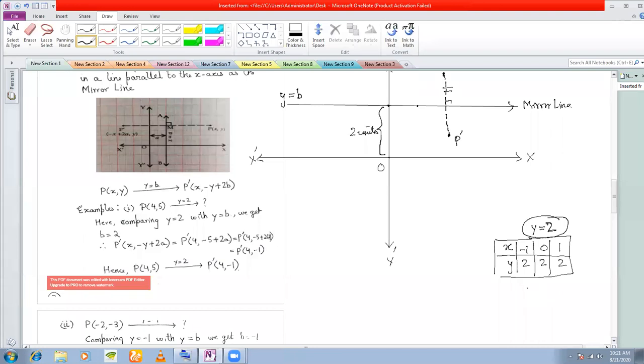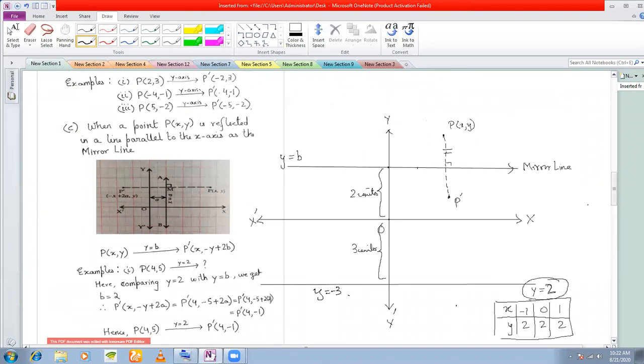Suppose I'm talking about a line that is parallel to the x-axis, this line, y is equal to minus 3. Then how will I draw this line? What I will do is I will take 3 units from here, 3 units from here, and I will draw a straight line. So this should be my line y is equal to minus 3. Is this concept clear? y is equal to b will always be a straight line that is parallel to the x-axis.